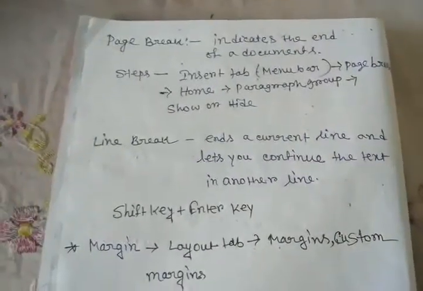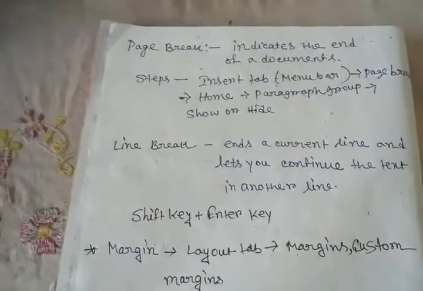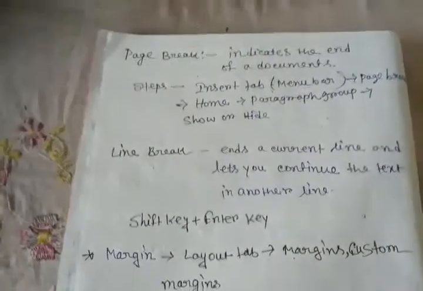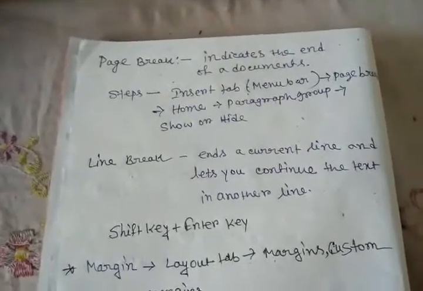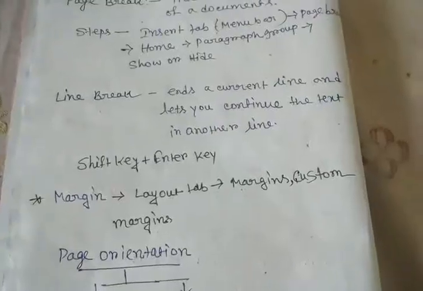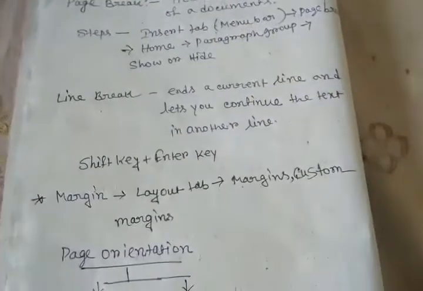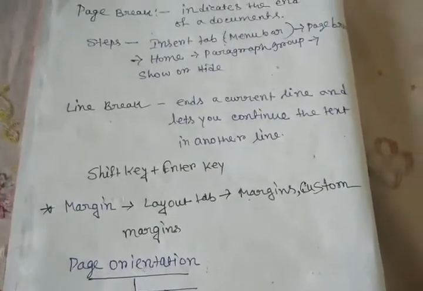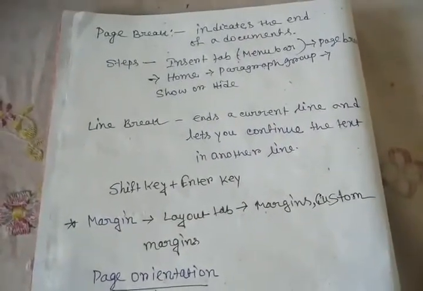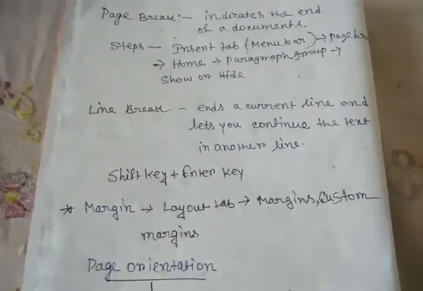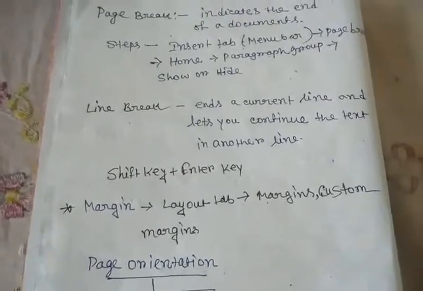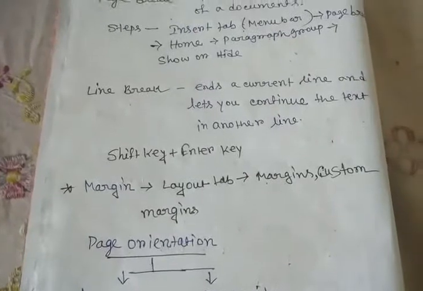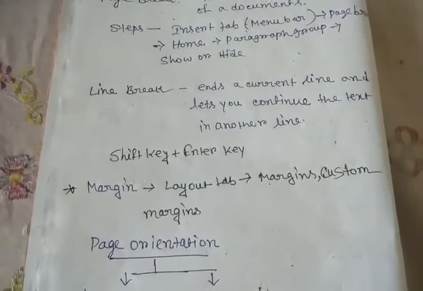There are various processes of selection, but now you will read about page break. What is a page break? Generally, it indicates the end of a page in a document. If you want to insert a page break in your document, you have to follow some steps. At first go to the Insert tab from the menu bar and then click on Page Break. Then to see where you have added the page break, click on Home and then in the Paragraph group, click on Show or Hide.